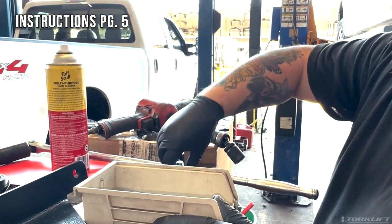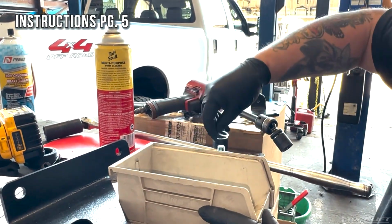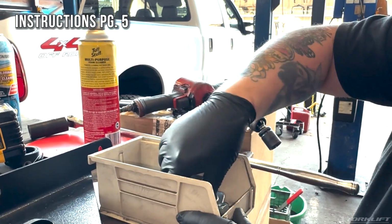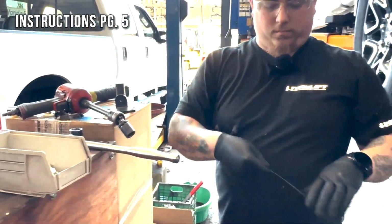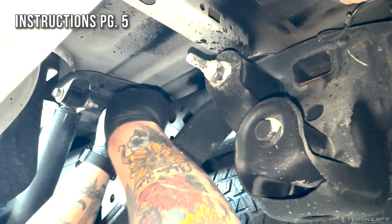We're going to start with fishing 2 half-inch bolts through the frame. We want to add our internal tooth lock washers and 1x2 plate washers. We're going to feed our fish wire through the large hole here on the frame